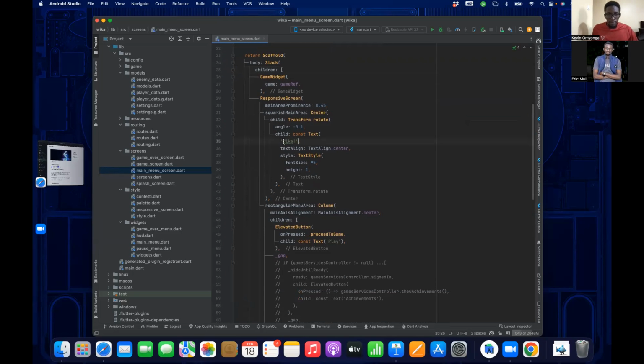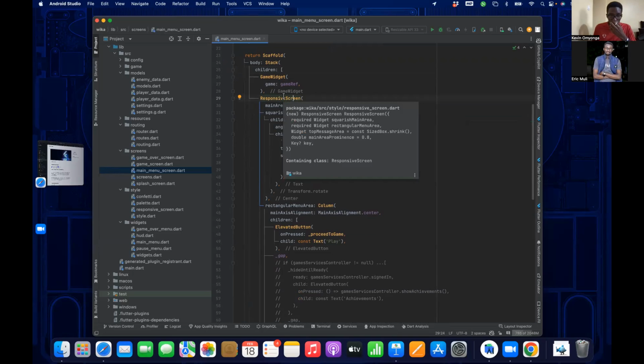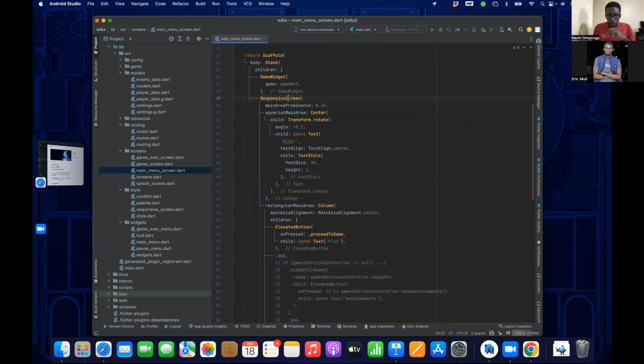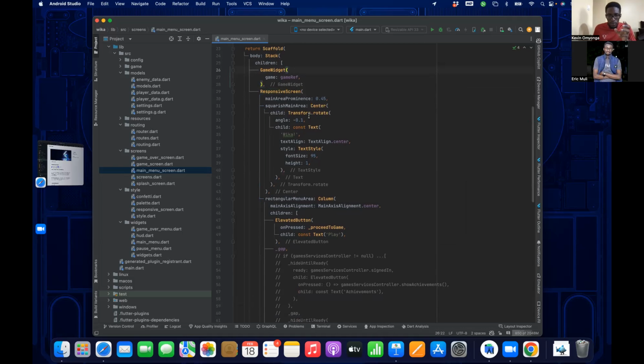Then some text. And as I said before, I was trying to make the screen responsive to work with either portrait or landscape. This was able to work, but the game widget had issues updating. Those things got too squeezed.